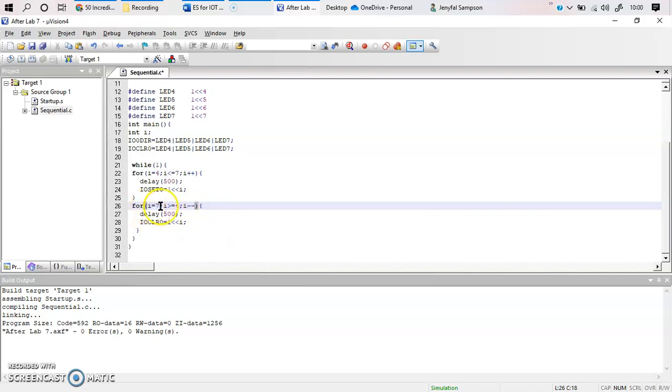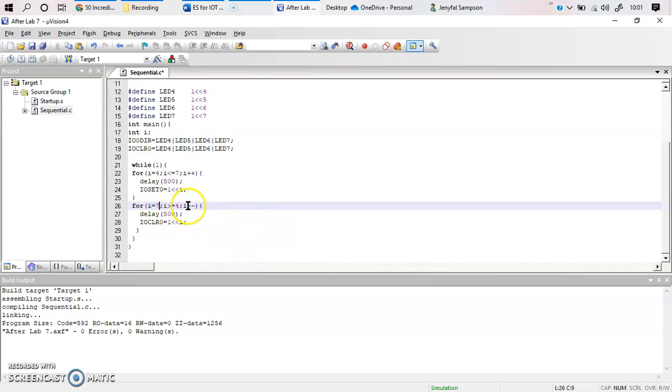So initially the I value is 7, and that 7 is cleared over here, which means the 7th bit is cleared, so first that one is cleared. Then you're decrementing the value of I, which is 6. Is 6 greater than or equal to 4? True. So 6 is cleared over here. Then again I decrement the value. It is 5. So I value 5 is greater than or equal to 4. True. So that 5 is now cleared over here. 7, 6 and 5, 3 bits are being cleared.